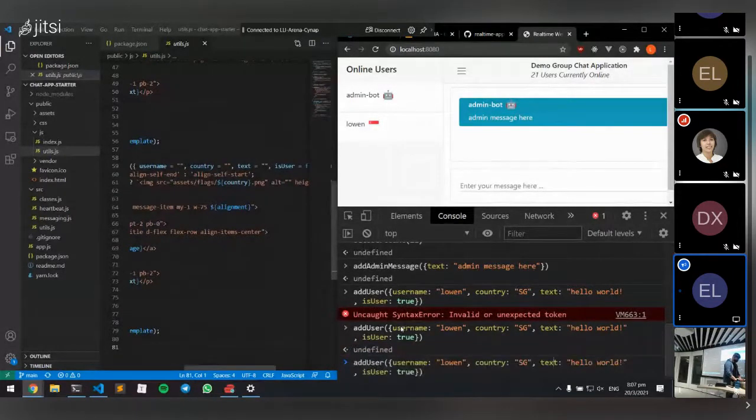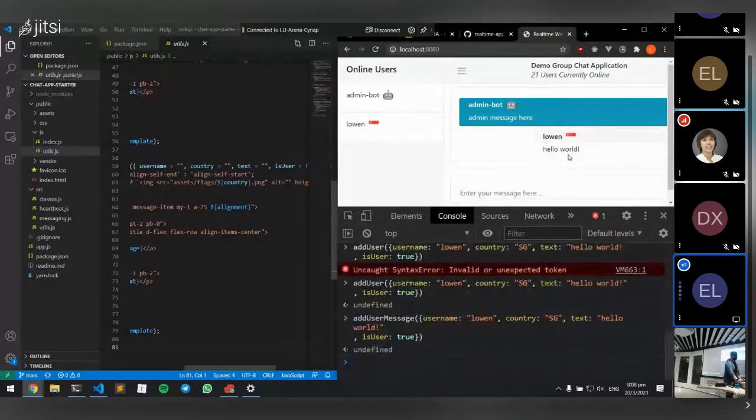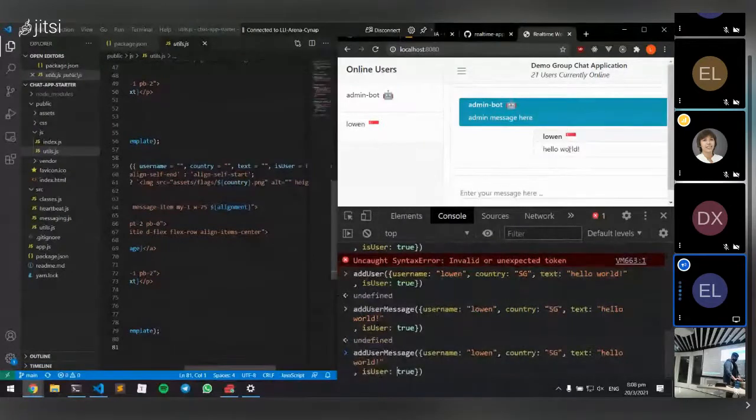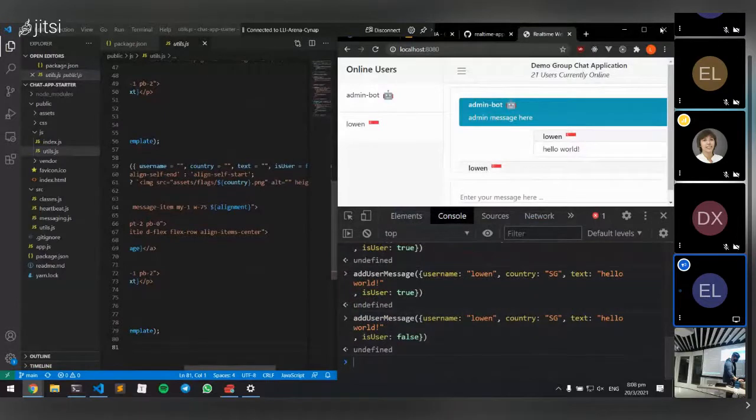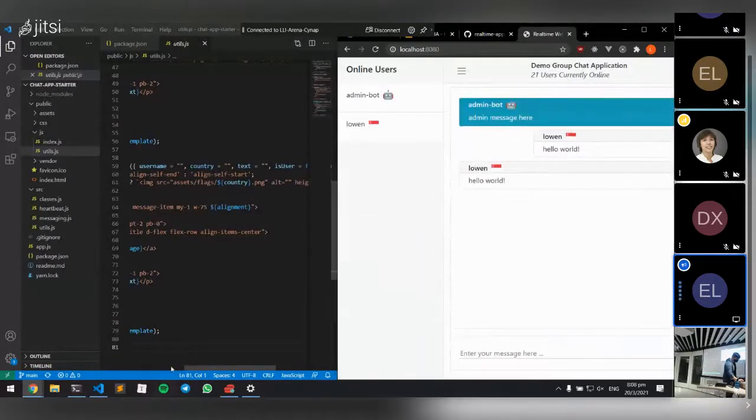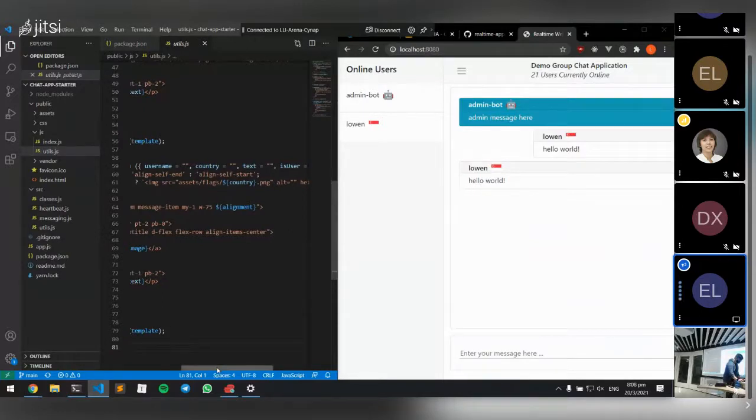Add user message, sorry. Add user message adds a message here. If we set this user to false, it will show up on the left side instead. That's all. Simple. So these utility functions rather,